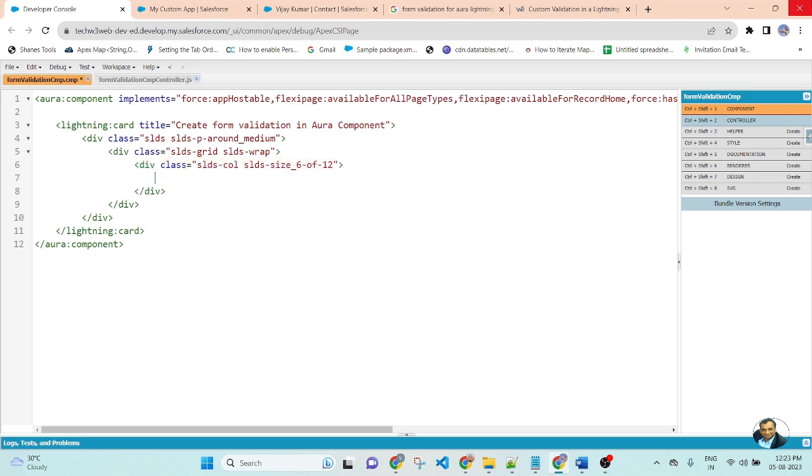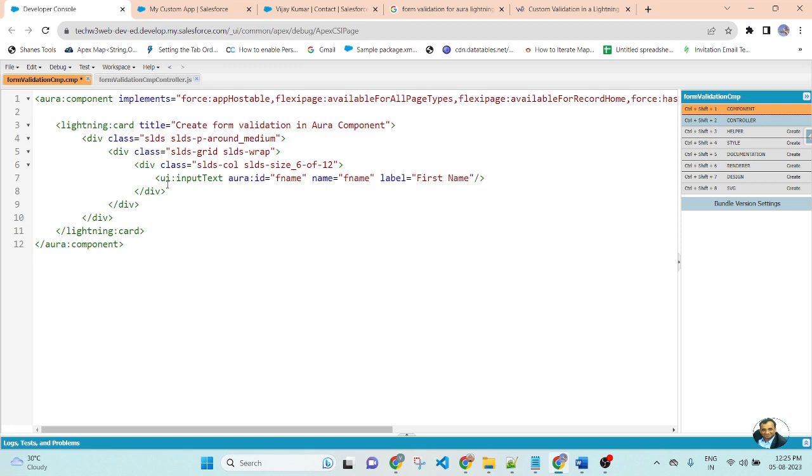Then inside the div, I will create an input field, ui:inputText. aura:id equal to fname and name equal to fname, label equal to First Name.